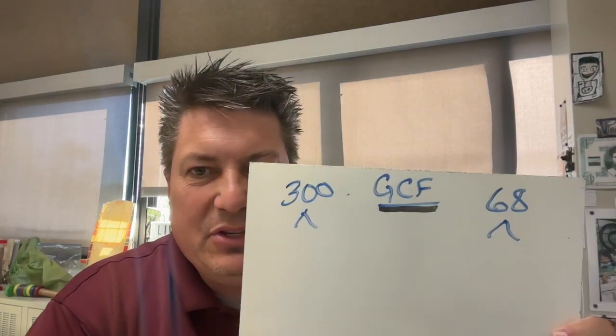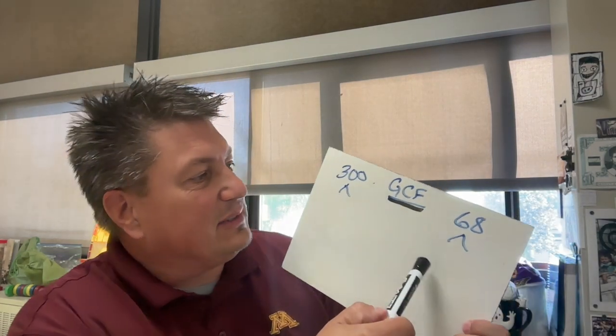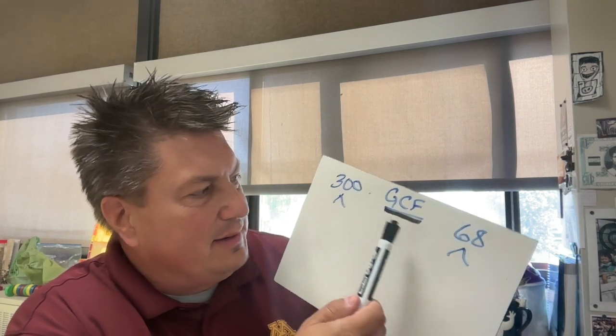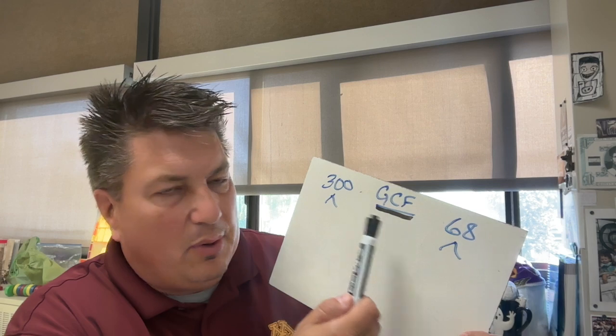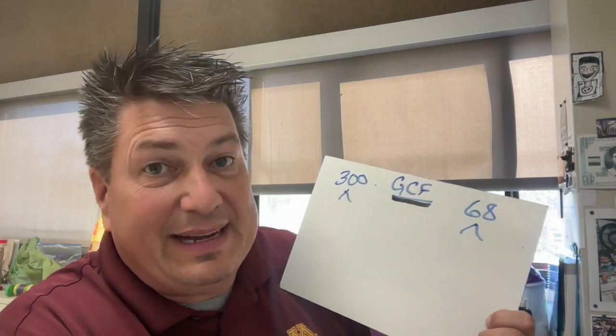Well, sometimes we have to use some really big numbers when we're talking about greatest common factor. And greatest common factor might not mean anything to you. It's a math skill that allows us to look at numbers and compare them. GCF, greatest common factor. So we're going to look for numbers that are in both of these lists once we break them down. If I break down 300 into two numbers that can be multiplied together, most people will say,